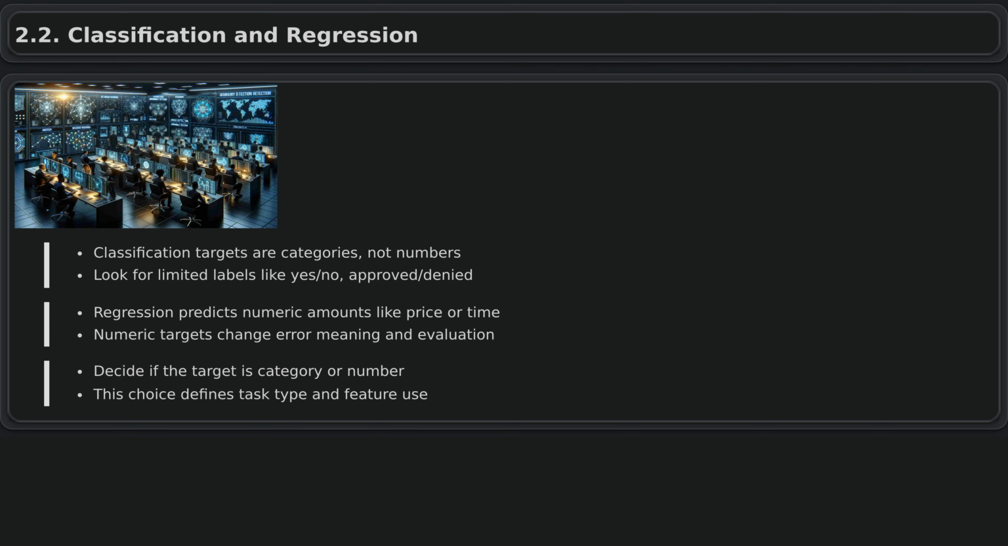Classification and regression. When choosing a prediction target, first decide whether you are predicting a category or a number. If the target describes a group or label, such as yes or no for patient readmission, or spam versus not spam for emails, you are doing classification. In classification, the target consists of distinct labels like approved or denied. Recognizing that the target is categorical confirms it is a classification task and helps you focus on features that best